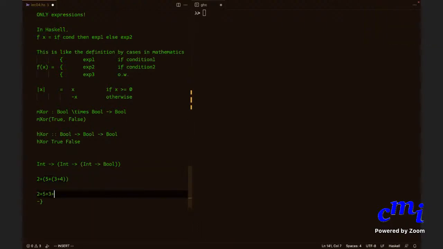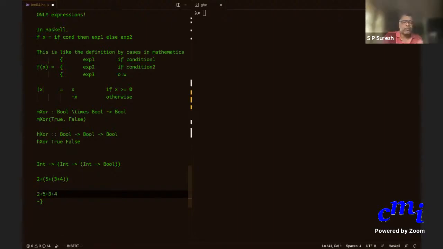But in Haskell, one second. In Haskell also plus is left associative. Yeah, this is associating to the right.